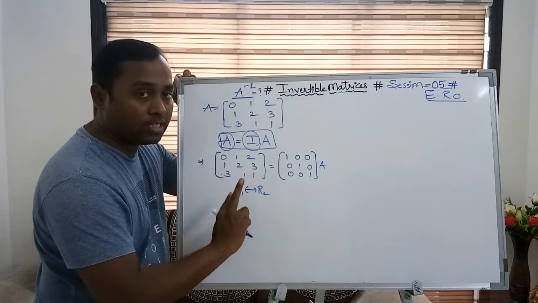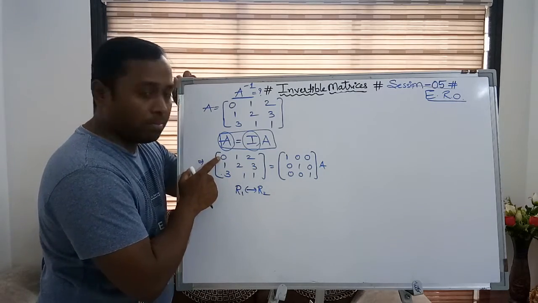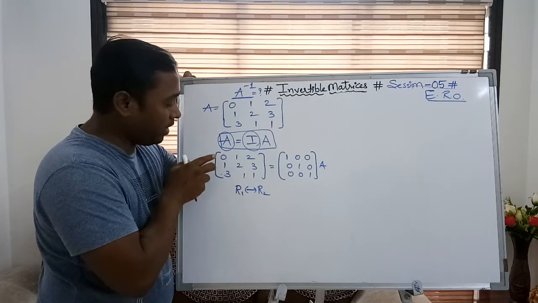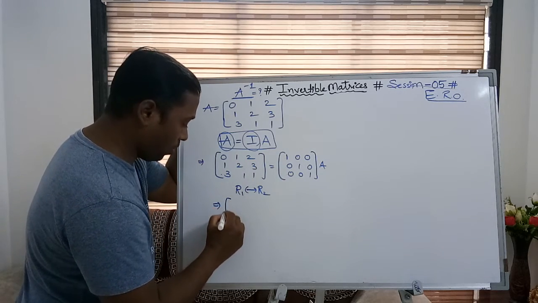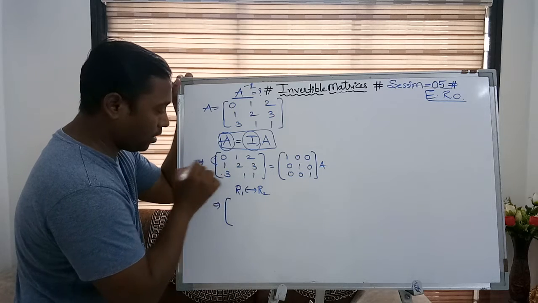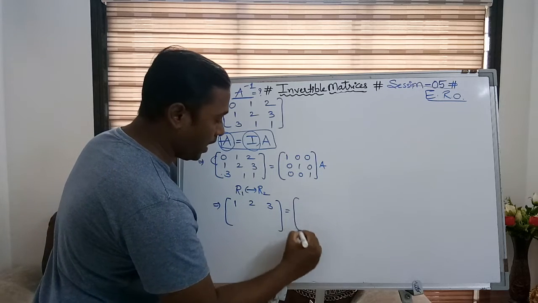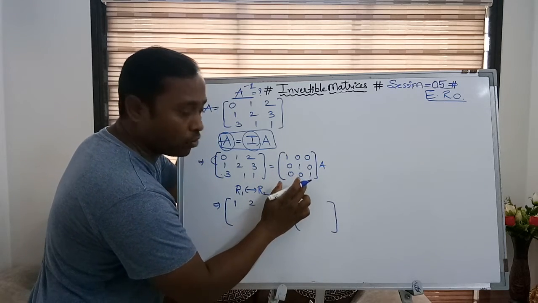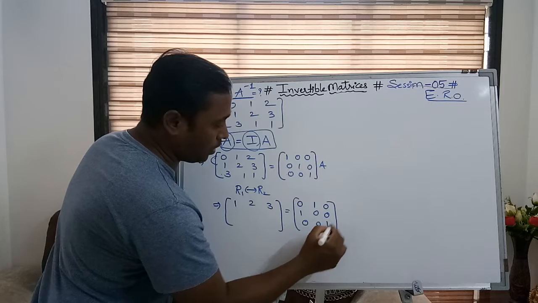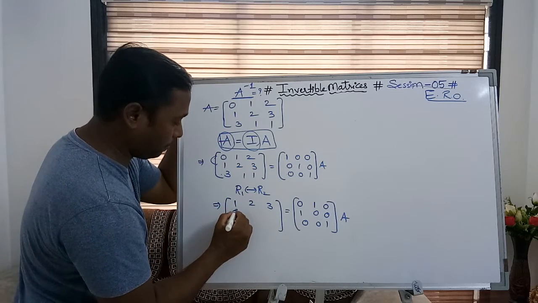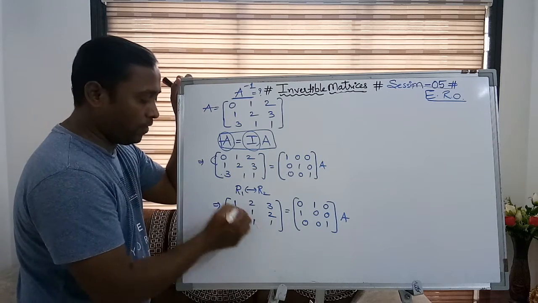So R1 and R2, what did I do? Only shifting. Why did I do the shifting is clear: the reason is that to make 1 here I cannot divide by 0, so definitely I have to shift these two. So if I shift that way, what am I going to get? I am shifting both rows, so ultimately this became 1, 2, 3. The corresponding changes will be done in the identity matrix also. It will become 0, 1, 0, 1, 0, 0, 0, 0, 1. 2 rows are shifted, interchanged. 0, 1, 2, 3, 1, 1. Okay, so this is what shifting of rows is.